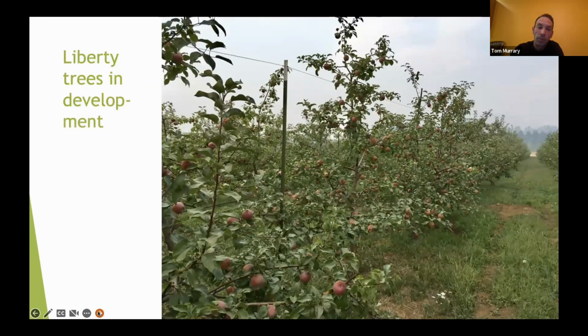And so if we go to the next slide, this is the same block in summer. As you can see, very well thinned. These trees are in year 5. That's looking like about 2 to 3 weeks away from harvest time there. We get a lot of cool, cloudy mornings that could linger on here. That's our maritime climate in Western Oregon. Yes, this is a summer day, and it's probably about 55 to 60 degrees out there at like 9 in the morning,